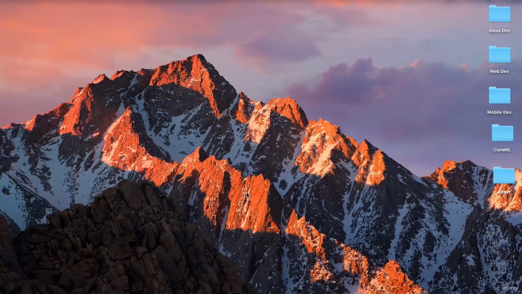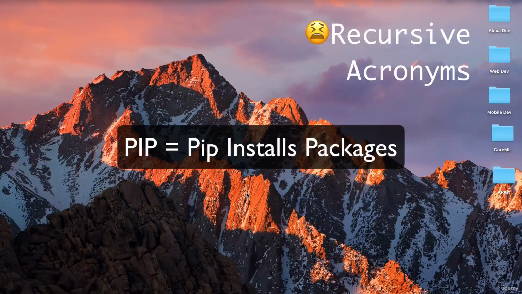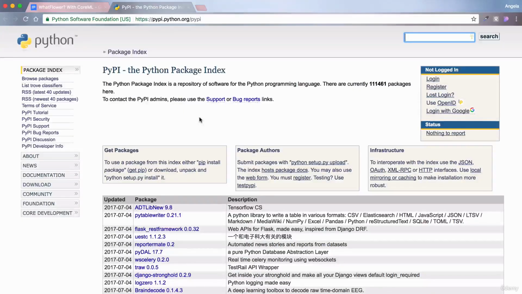All right, so the first thing that you need to do is install something called pip. Pip is a package management system that is used to install and manage packages that are written in Python. And pip is a little bit like CocoaPods, but for Python packages. So if you go onto the Python package index at